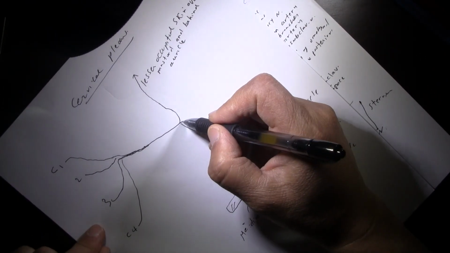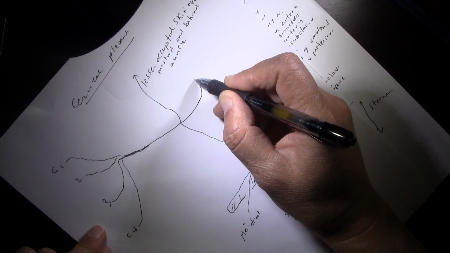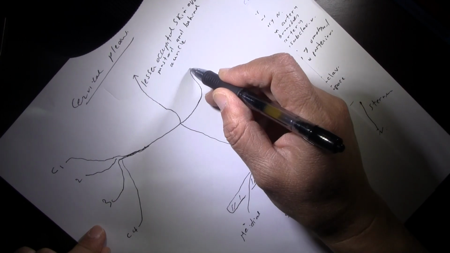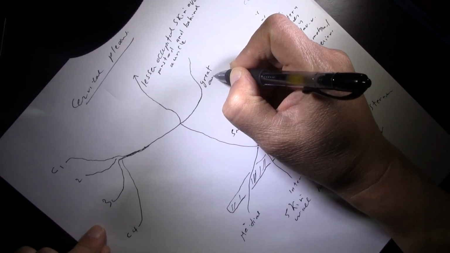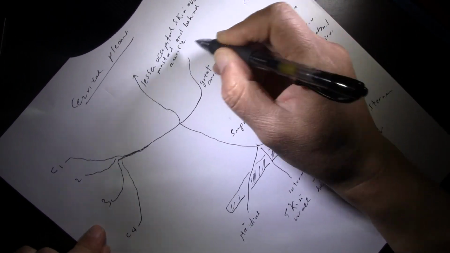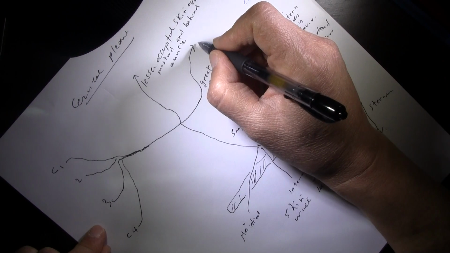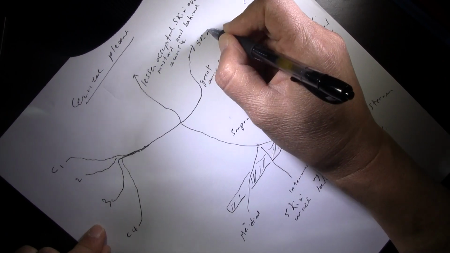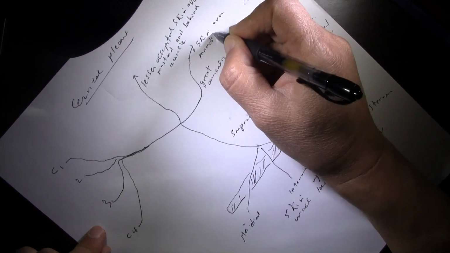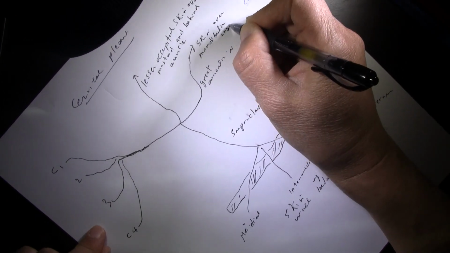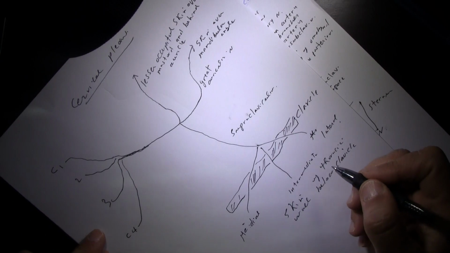The third one, which we call the great auricular nerve, supplies skin over the mandibular angle and part of the auricle. Okay,